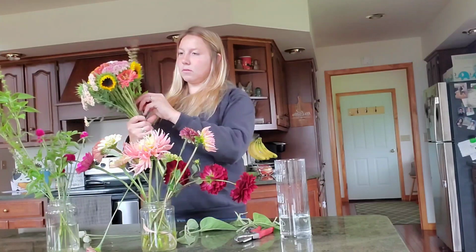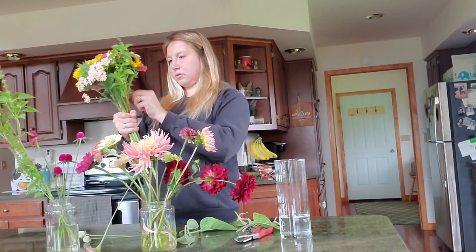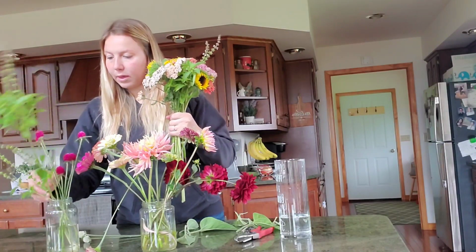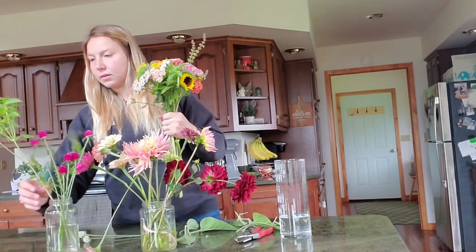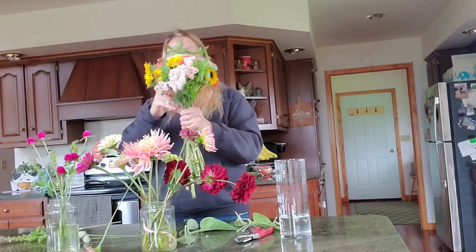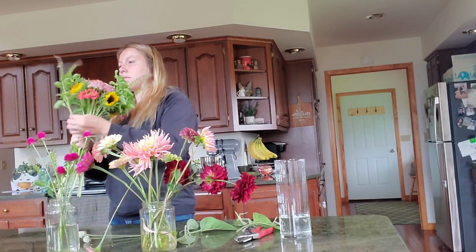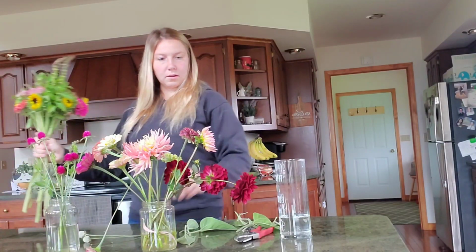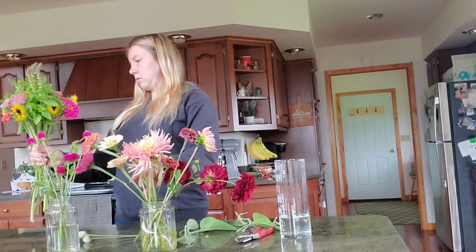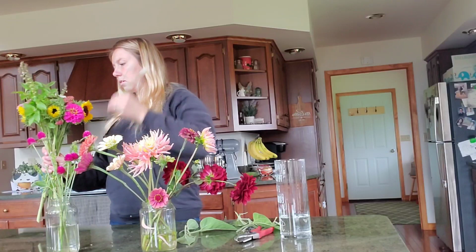And we're going to take up some of this basil, add in here. Partially because it's short stemmed, I don't want to set it too high up. Partially because I don't want it to stick too high above the bouquet. I really like this sprig. Wicked long. If I take this one out and add this one in here. Kind of wiggle it in. Something like that. And then that one looks a little dirty. There's that one. Tuck in